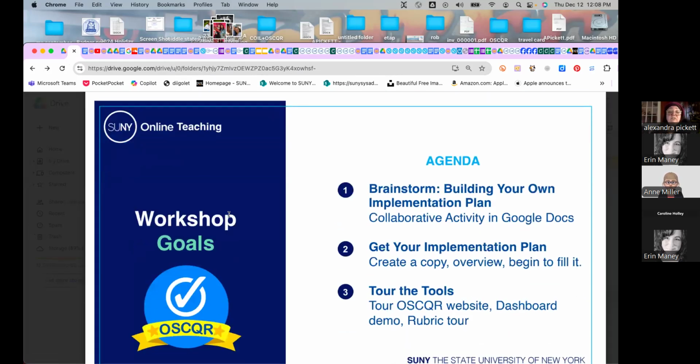So then in terms of the agenda, the first thing we're going to do is a brainstorming activity so that you can start to think about building your implementation plan around whatever initiative you may have that you'd like to use OSCQR to help you achieve. So we'll do a little bit of a brainstorm. And then this is modeling this activity so that you can go to your campus or department or program and do this activity with them